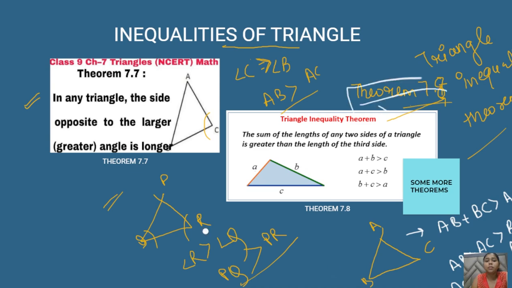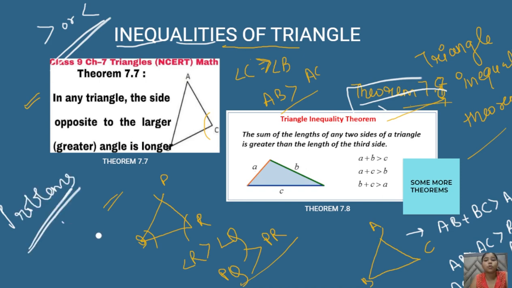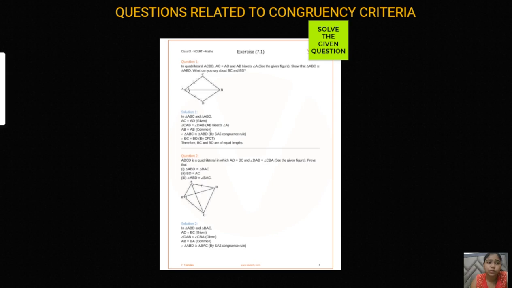This is a very important theorem. This is considered as the inequalities of triangles because they do not involve the equal to sign. They involve the greater than or less than sign. That is why they are known as the inequalities of triangles. So we'll have a look at certain problems, and I'm sure these problems will help you understand the basic concept of the triangle. It is the easiest chapter of geometry, right? We'll look at certain questions and try to solve them also. So people, let's have a look at them.